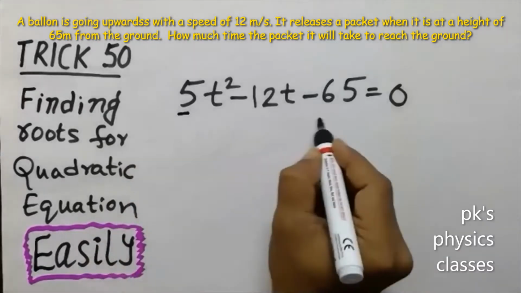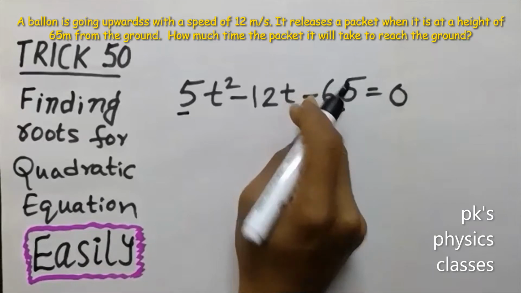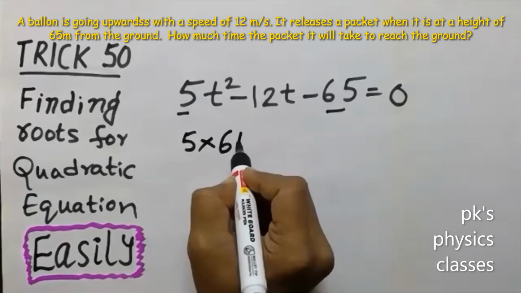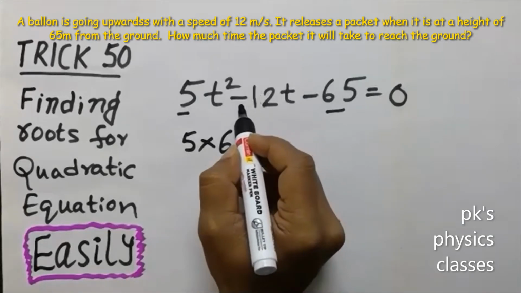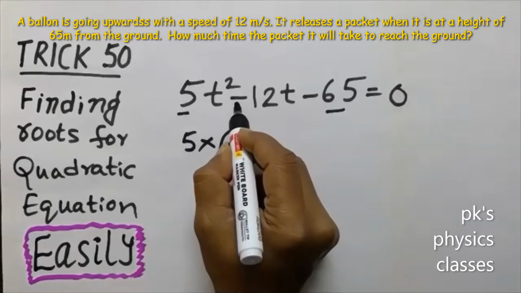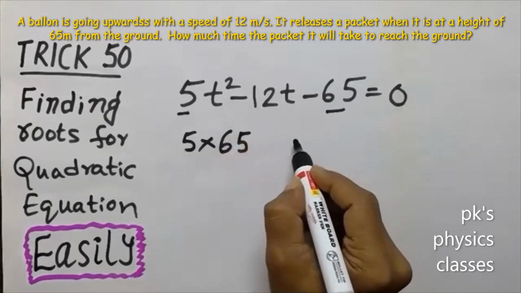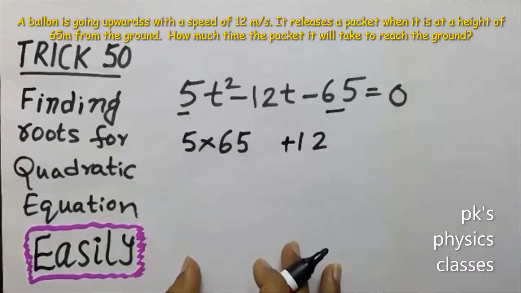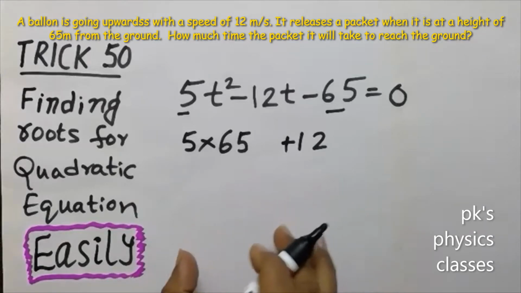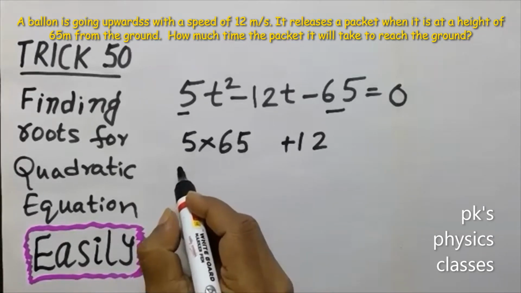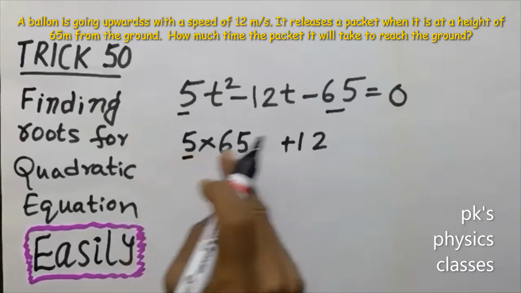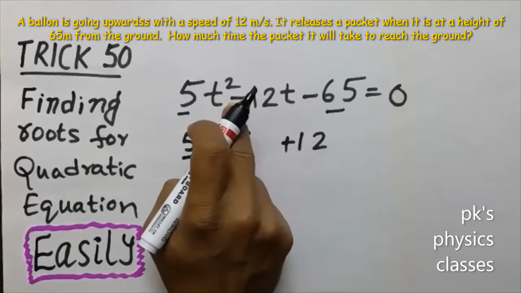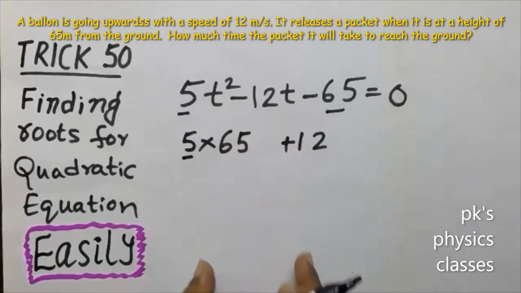See here, this one and this one, there is no need of the sign also. Just write 5 into 65. This is not a conventional method, it is a different one. Just see for a few seconds. Minus 12 is there, but you write plus 12. You change the sign here only. I am just drawing the roots directly without any intermediate step. See how to do that. Remember, 5 is from here, and 65 is from here. Before 12 there is a negative sign, you change the sign and write it here. So directly I am drawing the roots.